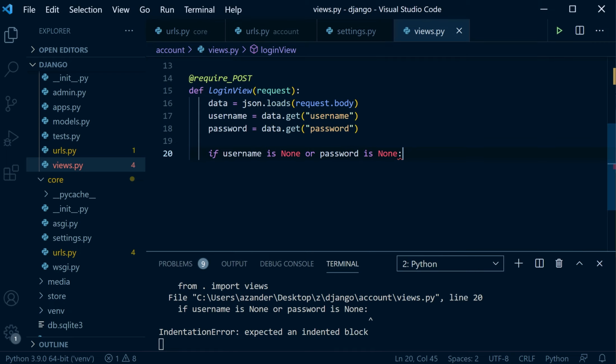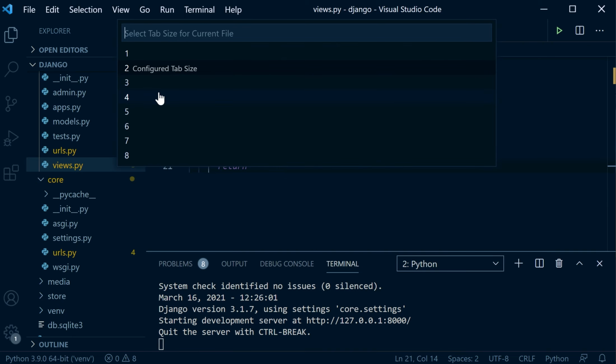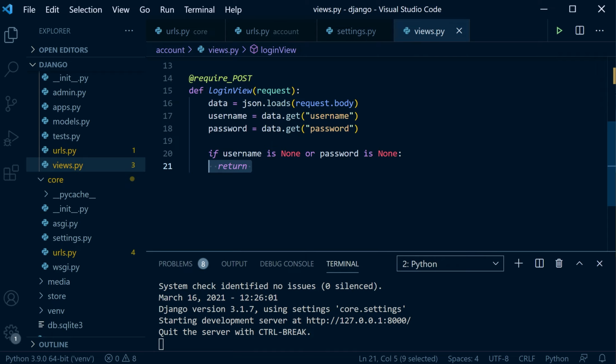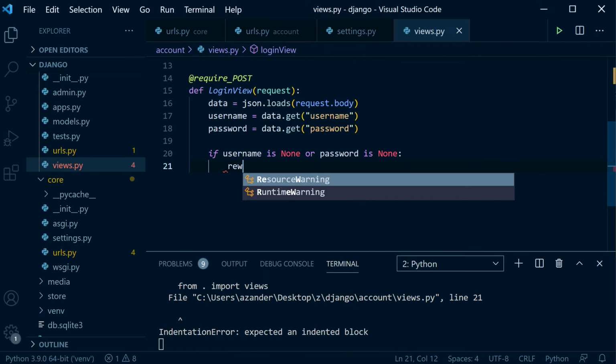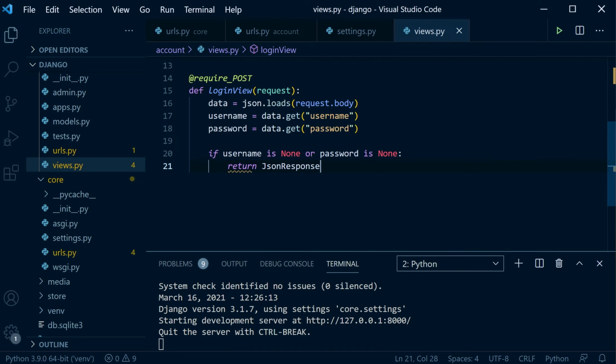So let's just return a JSON response. Just double check I've got that. Yep. And then